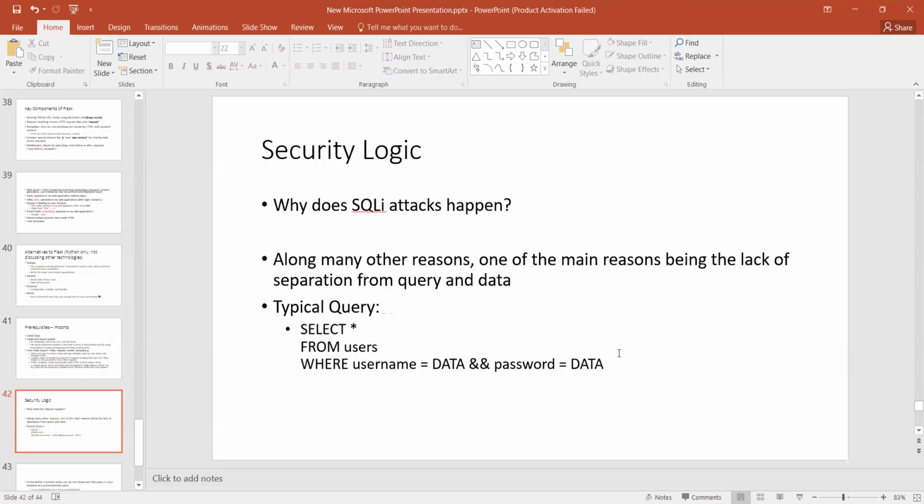Security logic, we have already discussed this, so I'm not going to go into too much detail about how SQL injection attacks work, what is the logic behind it. You can recall the lectures that we have already done on this, or you can check it out on the web. But the focus of our application would be in the form of